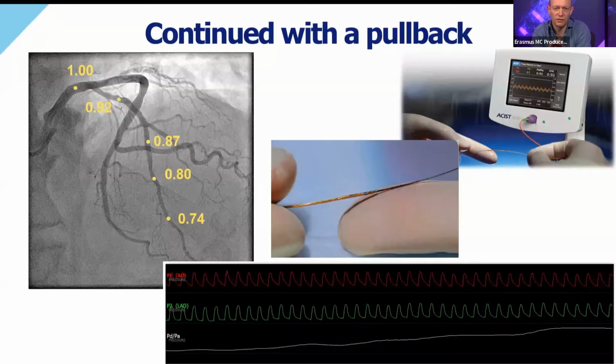And also that is something you can, I think, nicely appreciate in this case, that you have multiple regions where you have a step up in FFR gradients. So the key question is what's next? And with that, we followed our, let's say, current routine practice, in which we have a very low threshold to